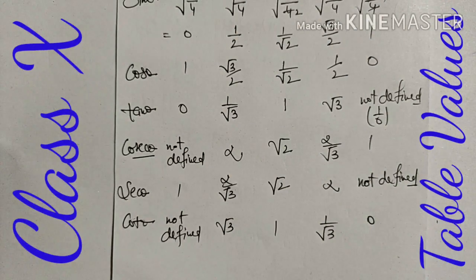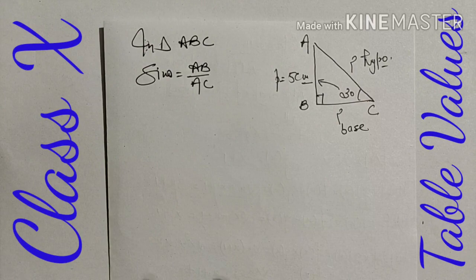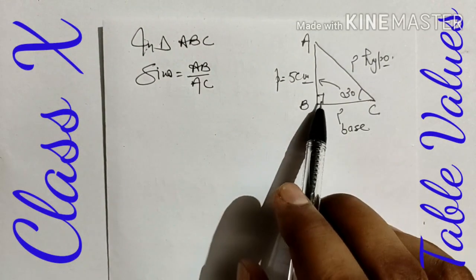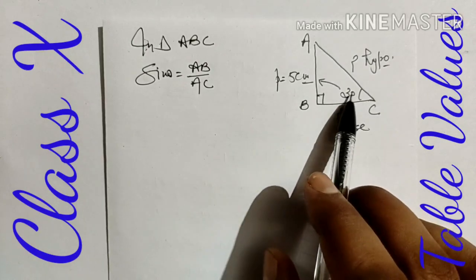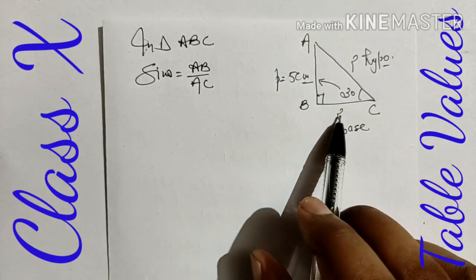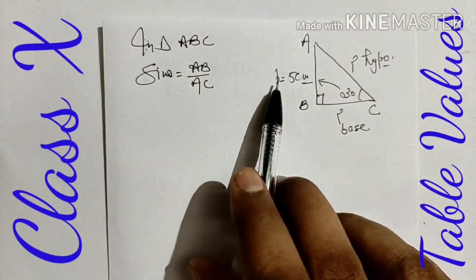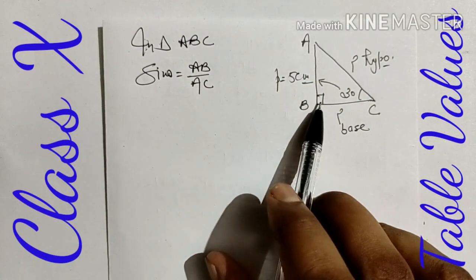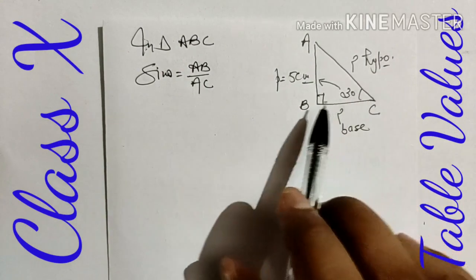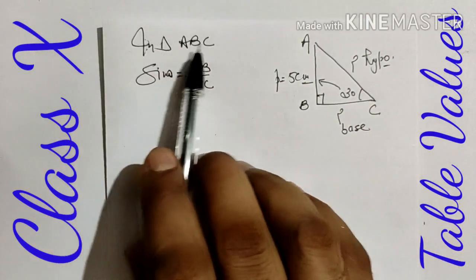Like this we can make the table by ourselves. Now we are going to use the table. Here the question is: in right angle triangle ABC, angle B is the right angle and angle C is given as 30 degree. Length of side AB is given as 5 centimeter. We have to find out the lengths BC as well as AC. As you know, the side in front of the angle is known as perpendicular, the side on 90 degree is known as base, and the third side is known as hypotenuse, which is opposite to the right angle vertex. We are going to use this in triangle ABC.